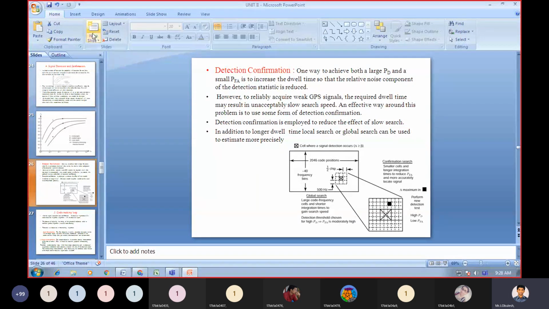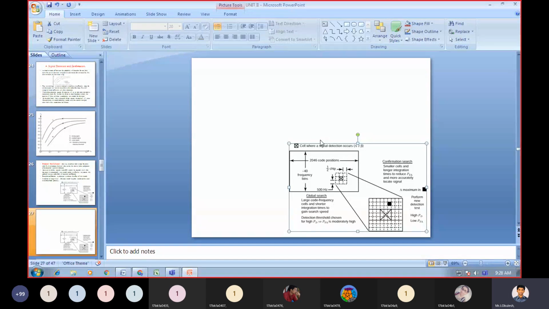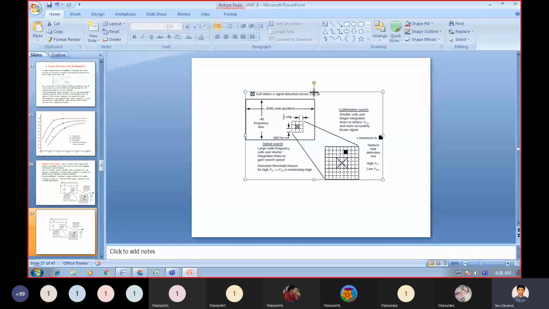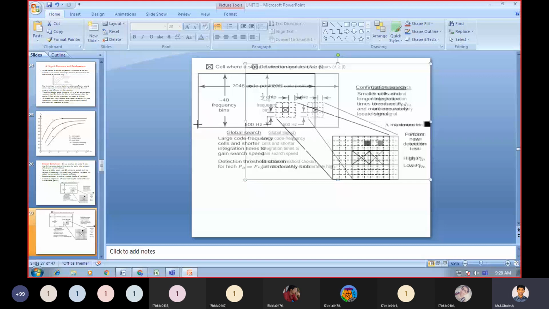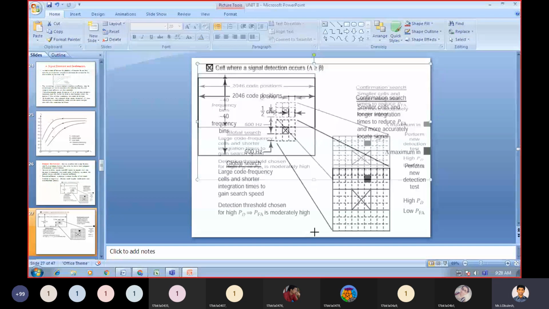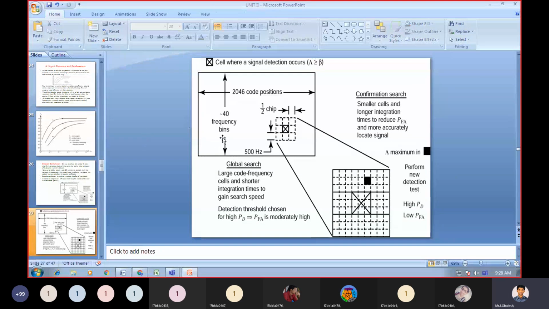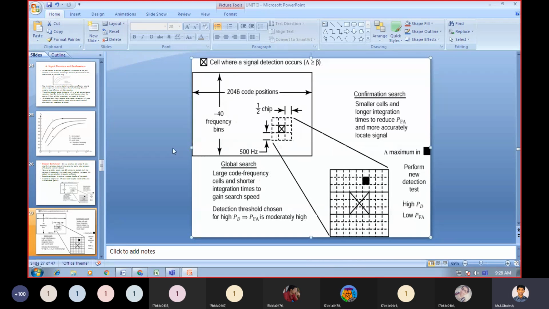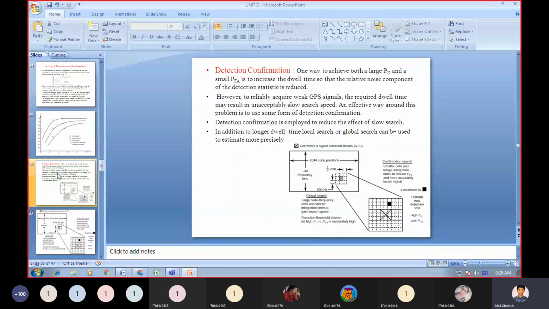We'll see this in detail. So in the detection confirmation,